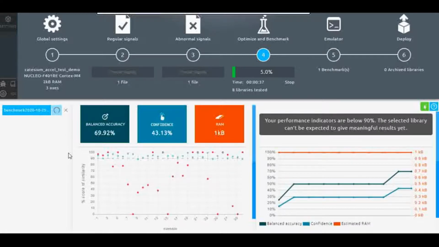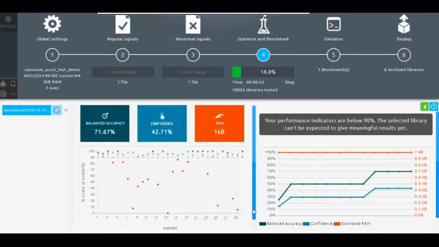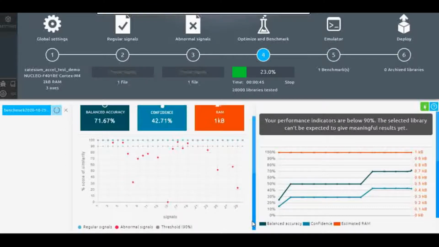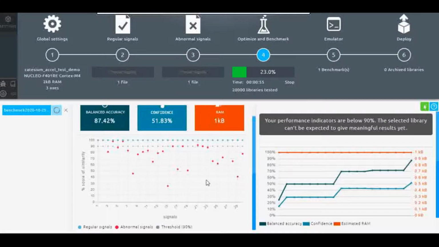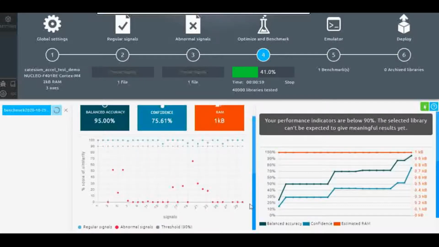You can see the distribution, the percentage of cross similarity, and the signal it is able to detect. Abnormal signals are coming in red, regular signals are 100% as they are, and it is able to differentiate abnormal signals as red. Once it reaches 100%, it will be completed.